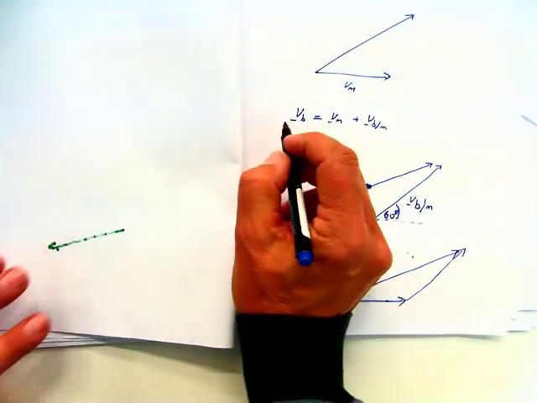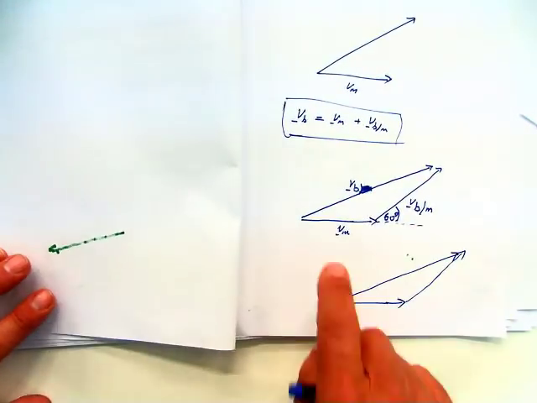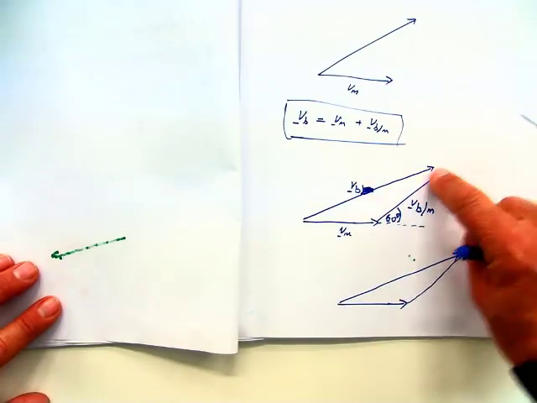Okay, so you have that equation there. The man plus that vector is going to give you